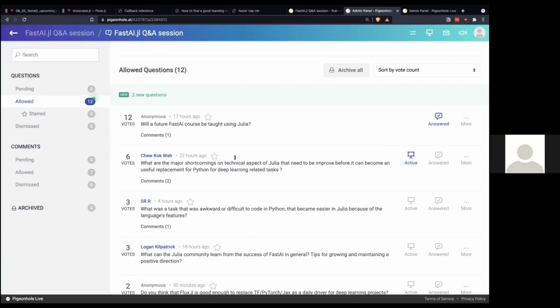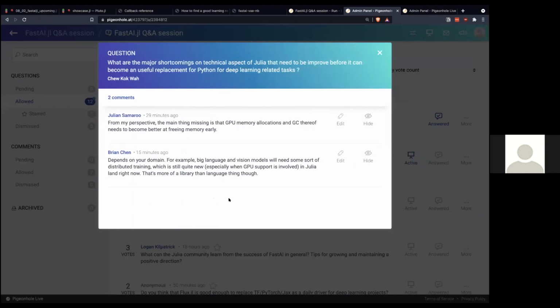Hey, so I did comment on this in the Q&A, but one area that we have issues with deep learning and various kinds of machine learning with Flux is with respect to Julia's GC and ensuring that we don't keep too much GPU memory around.